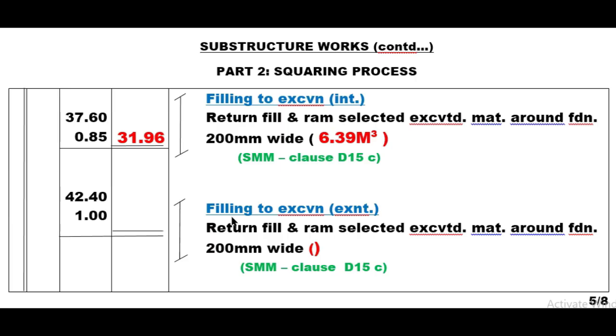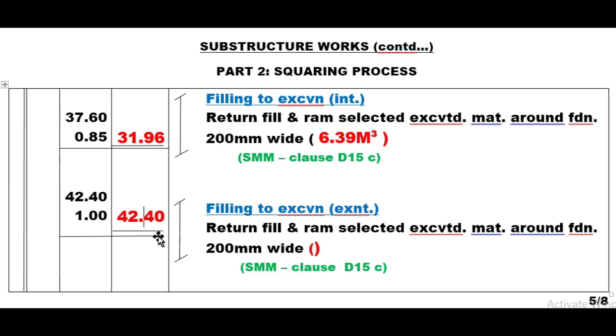Item number 10 will be filling to excavation, that is external. Explanation will be return, fill and ram selected excavated material around foundation, that is 200 millimeters wide. Remember we had this mean gap for the external, that is 42.40 and the depth of 1.00 meters. So if I have to square that, I simply multiply these two figures, that is giving me